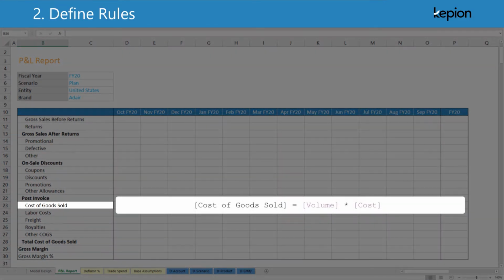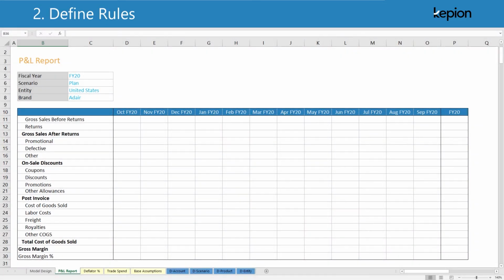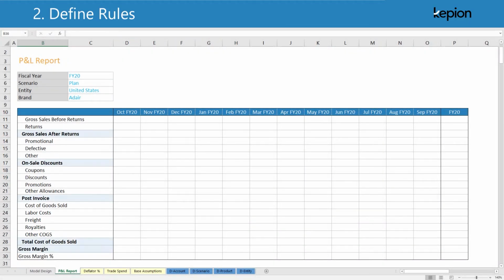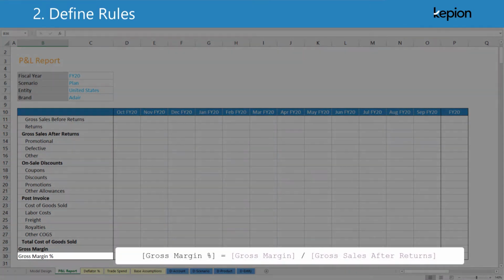The cost of goods sold is the sum of the cost to produce each product times the quantity sold. Then we have some more accounts that are calculated using revenue times rates from the deflated percent form. The bolded accounts are hierarchy rollups. We can skip them when defining rules, as this kind of aggregation happens automatically in Kepion. In the last row, we have the gross margin percent, which is calculated as the ratio of gross margin to